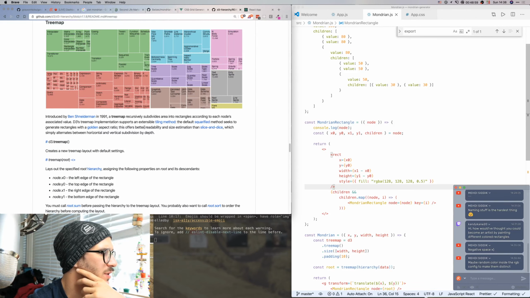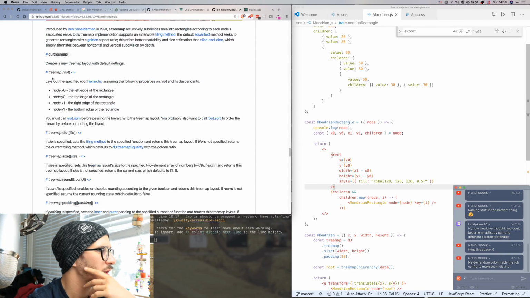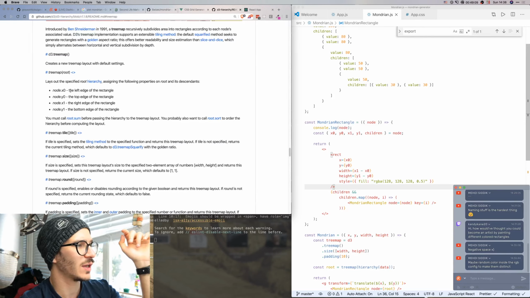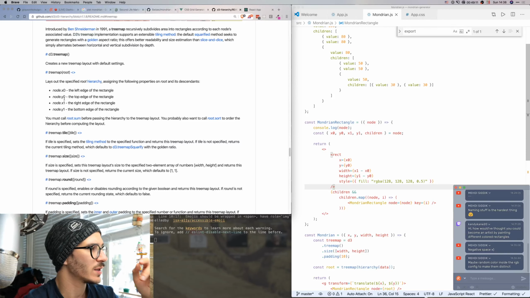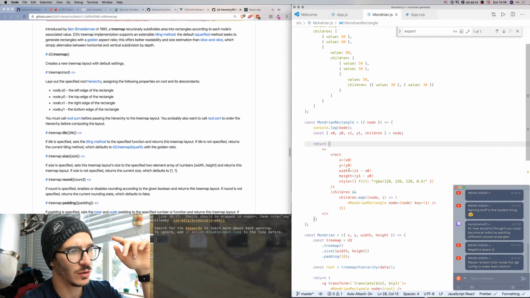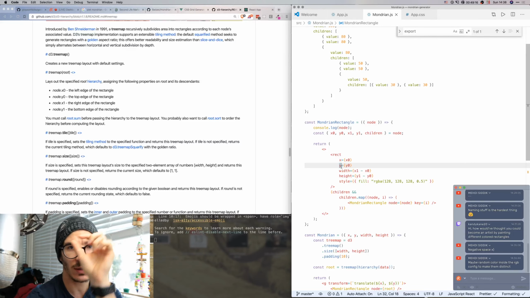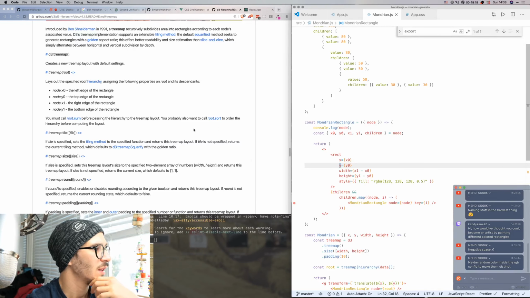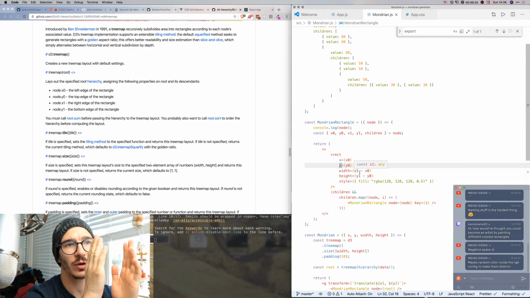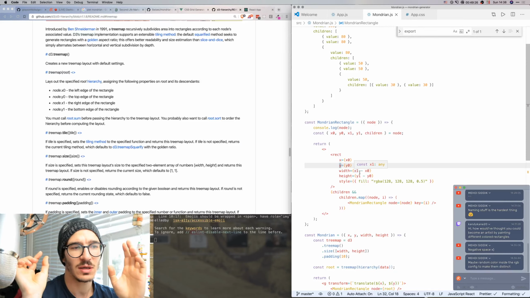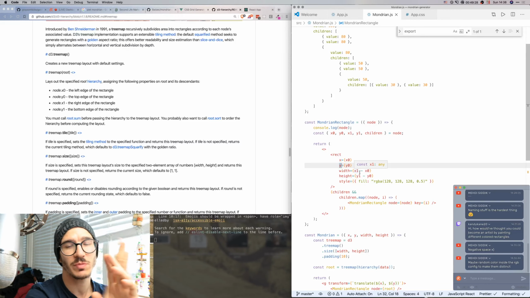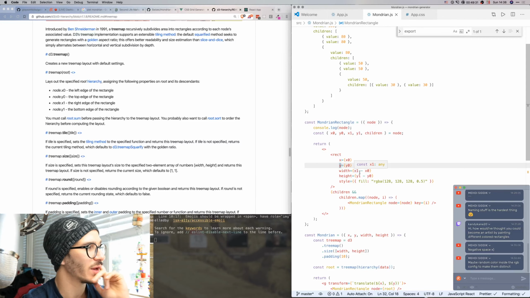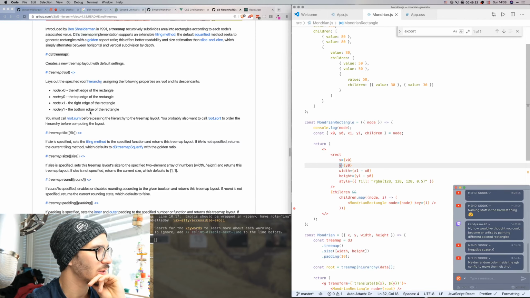So tree map creates a new tree map layout, lays out the specified root hierarchy, assigning the following properties on root and its descendants. x0, the left edge of the rectangle, which makes sense. y0 is the top edge of the rectangle, so x and y of the rectangle, top edge and stuff. x1 becomes the right edge of the rectangle, so if we're going from x0, then the width is the right edge minus the left edge. That gives us the width of the rectangle. And y1